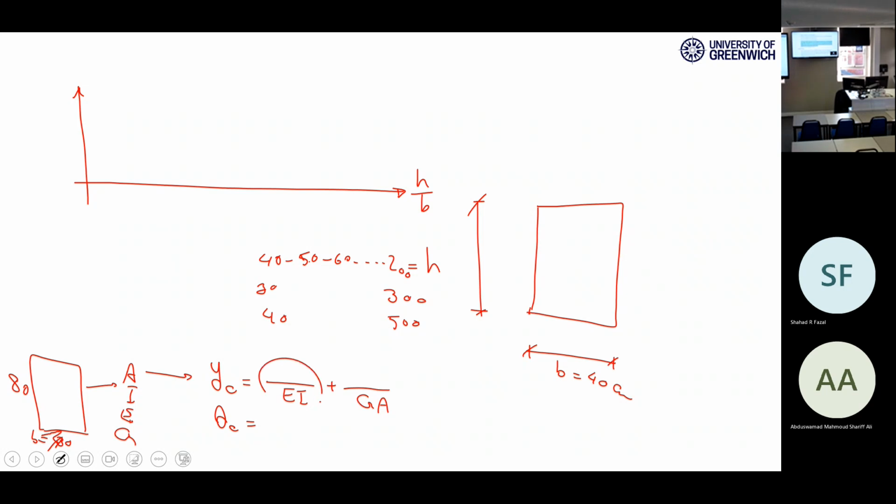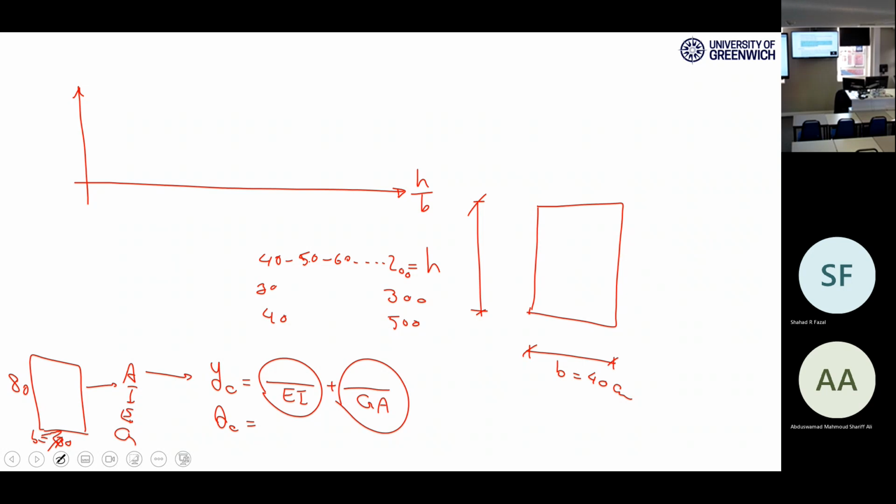But this is the contribution of bending moment. And this is the contribution of shear forces, right? We did this in the last lectures here. We have two terms. You can do this with virtual work as well. You can do this with matrix analysis as well, you will see. Anyway, you will have two terms, and you saw in the past lectures that this term is really smaller than this term in many cases. That means that the bending moment is the most important part, right?